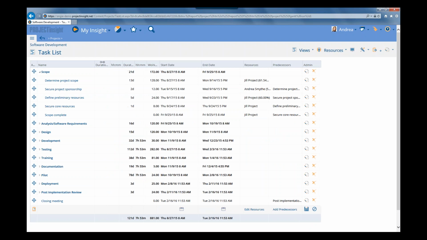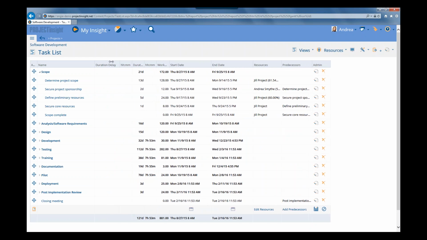Now we can click in the duration delay to expand it out. If a task was automatically delayed because the predecessors were not marked complete when it was scheduled to start, then it's going to put that duration delay figure in here so that you, as the project manager, can see that it was automatically rescheduled. Project Insight will automatically set that duration delay, but you as a project manager or scheduler can also hard